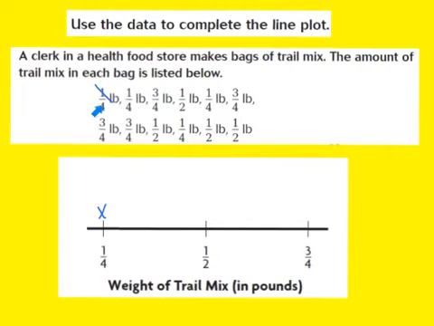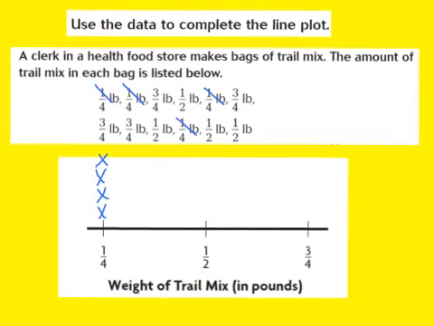Now, that's 1. Now here's 2. So I'm going to cross that one off as well, and I'm going to add another X above my 1/4 pound. So we have 1, 2, so far 1, 2 X's. Now I'm going to go across until I get to my next 1/4 pound, so here's 3. So I'm going to cross off the 1/4 pound here, and I'm going to put another X above my 1/4 down there. Now let's continue our count. Here's another 1/4 pound, so that makes 4. So I'm going to cross that one off as well, and I'm going to place another X